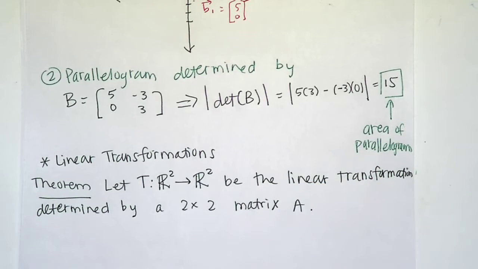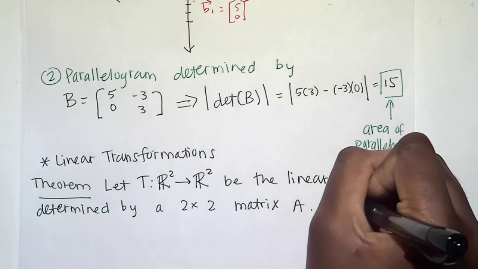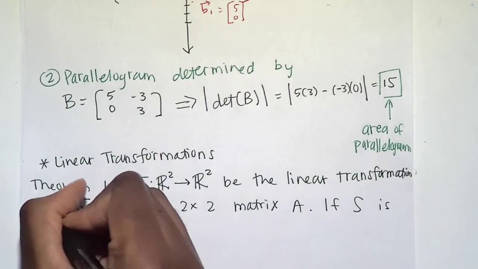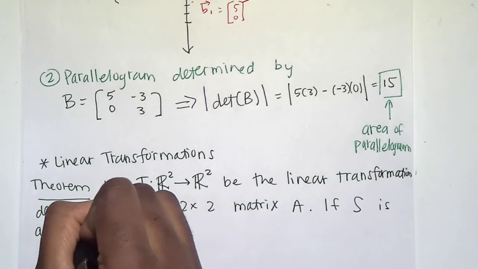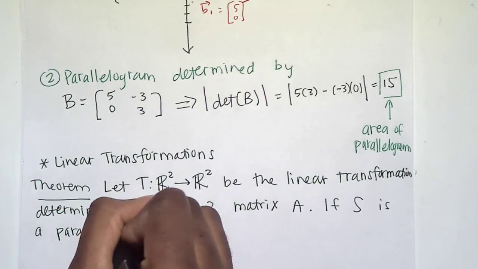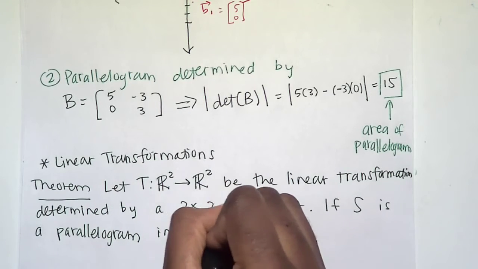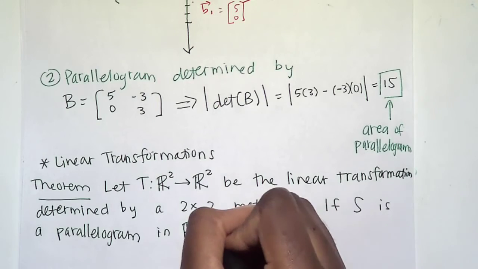We're going to call that matrix A. Okay, so A is the standard matrix of our transformation. If capital S is a parallelogram in R2,